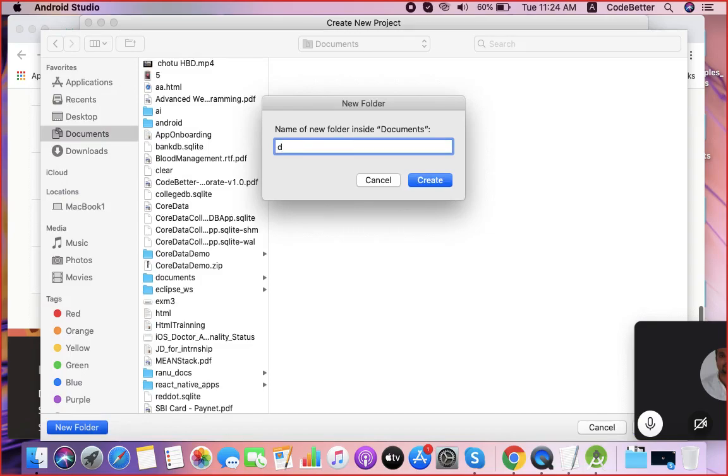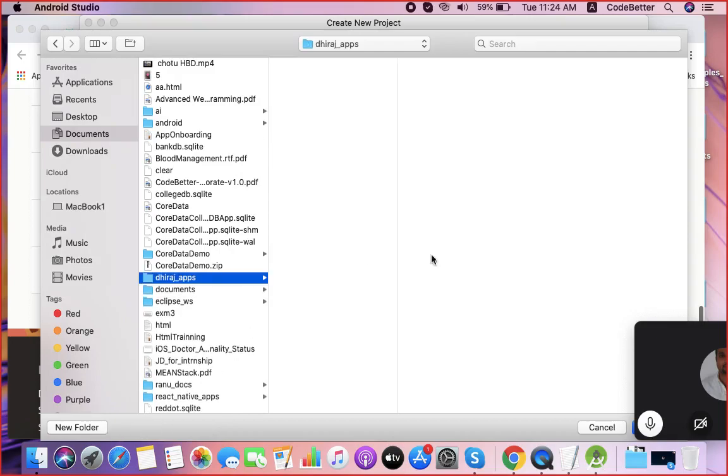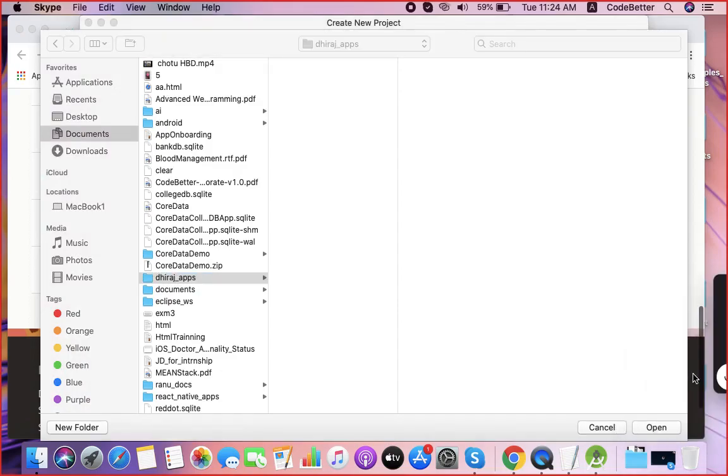I have created a folder somewhere in the document folder, and let me open that folder. So my applications will be created in the Dheeraj apps folder.